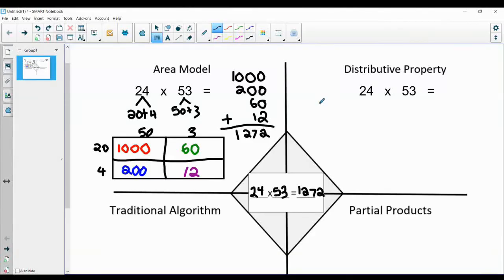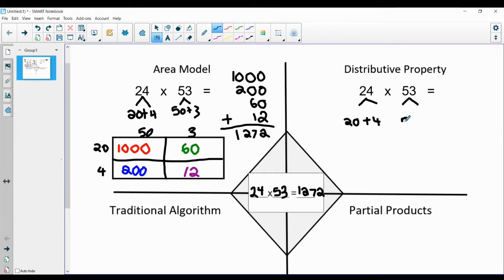Next strategy we're going to look at is the distributive property. With the distributive property, if I'm doing 24 times 53, I once again start by decomposing my numbers into their tens and their ones. This time I'm going to give more space between my decomposed numbers and the arrows here. So I have 20 plus 4